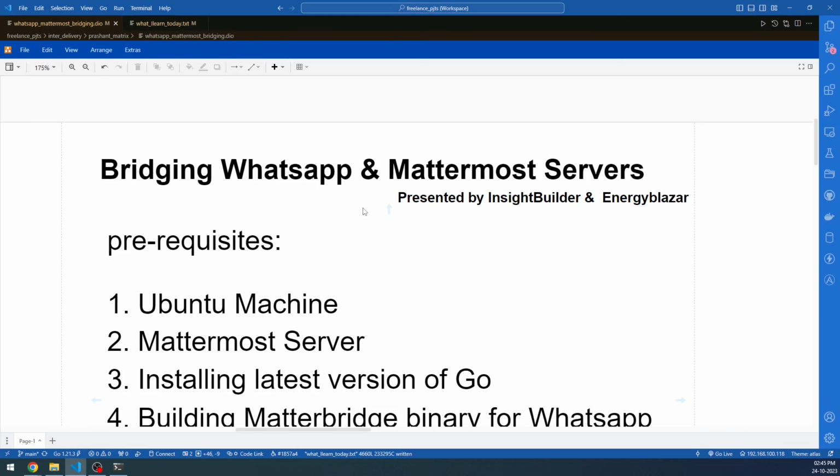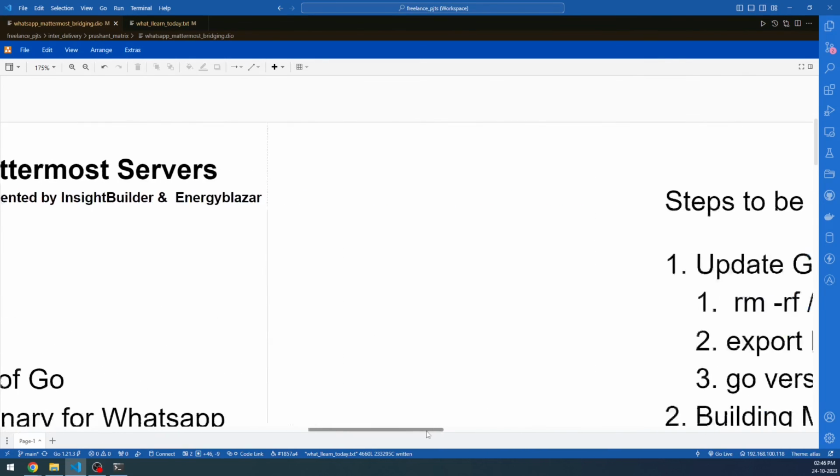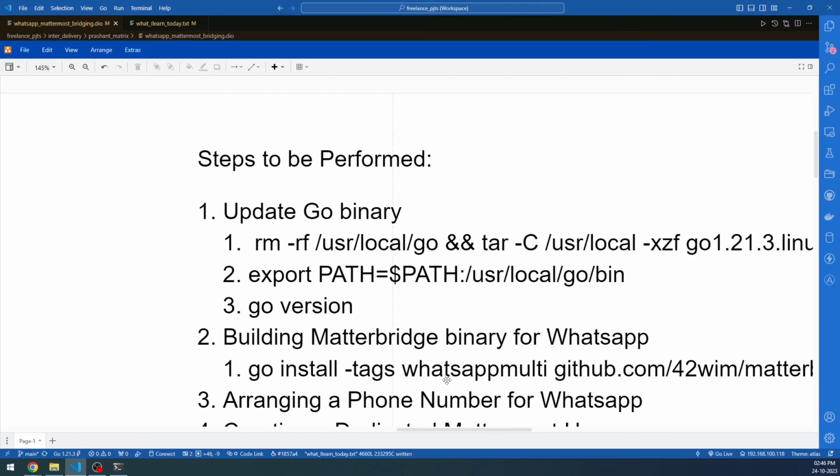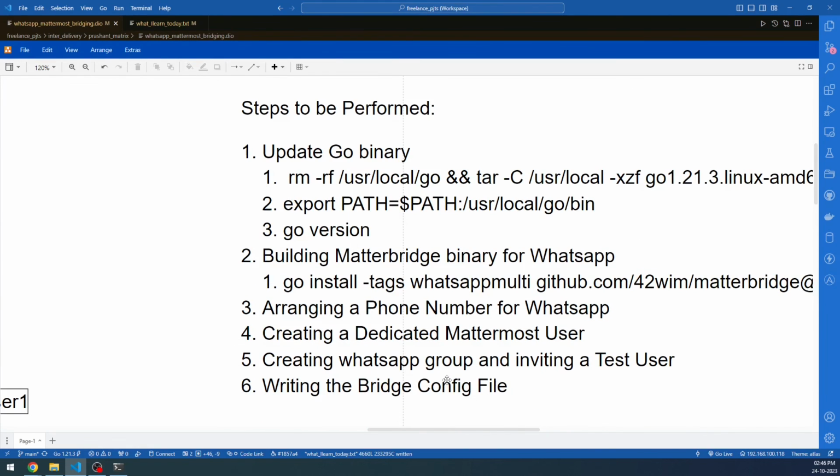Once you review the steps that you have gone through, the reason why I created these steps is that even when I created these steps, I had missed this particular word here, hyphen tags and WhatsApp multi. As you saw in this same discussion, this kind of error can happen from your side also. Even if you have done it hundreds of times, the same kind of mistakes can happen. So the most important point is to give importance to the details, and always keep the end goal in mind,